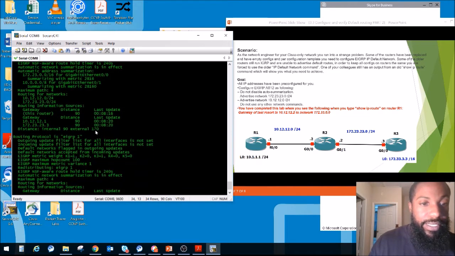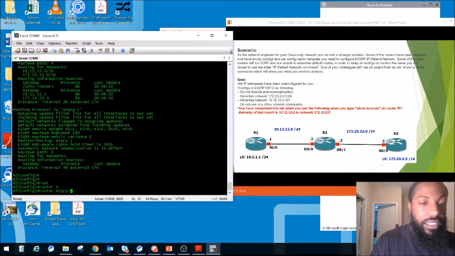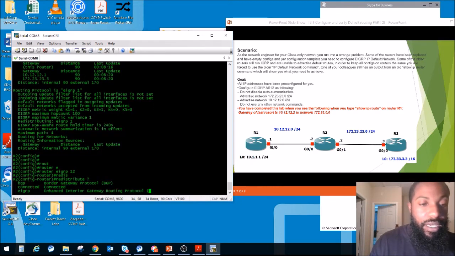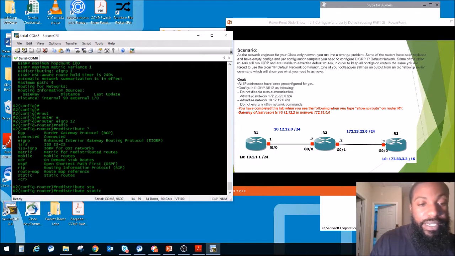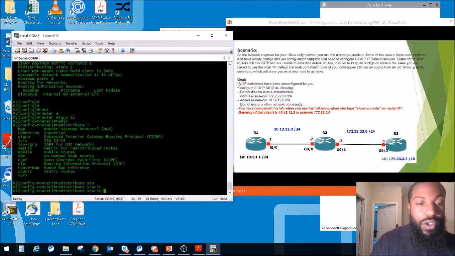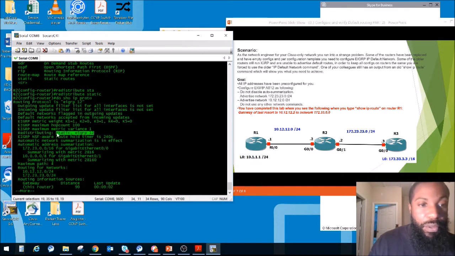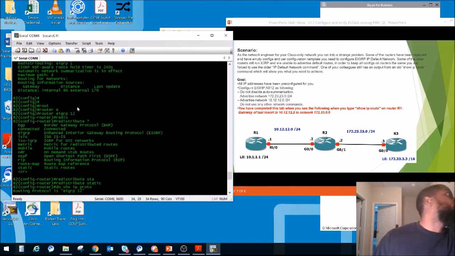Anyway, let's go to router EIGRP 12 and redistribute that static route. You would think it should be redistribute default network or something, right? Once we do that and do a show IP protocols, we can see now we are distributing EIGRP 12 plus the static route. So we go back to router 1